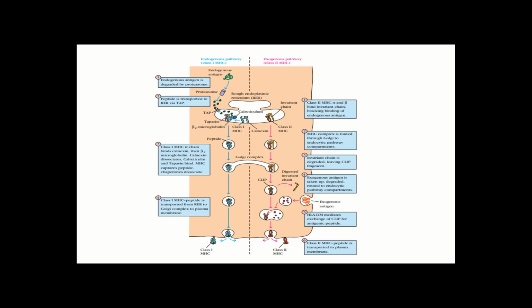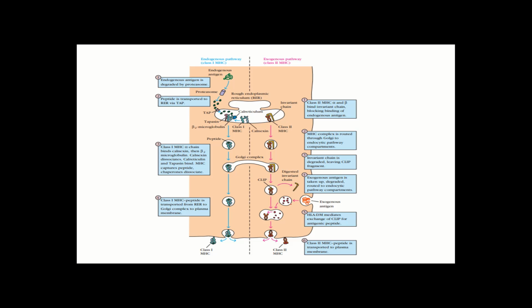After this process, when the exogenous antigen is taken up through the endocytosis process, it will be degraded to form small peptides from the whole antigen, and it will be routed to the endocytic pathway compartment where the MHC class 2 is bound with the CLIP. So when this exogenous antigenic peptide comes to the endocytic pathway compartments, then